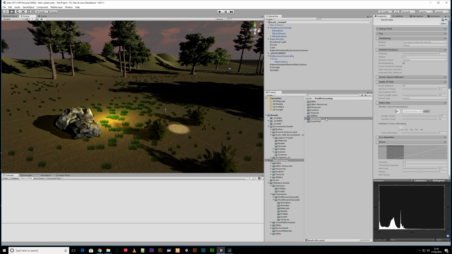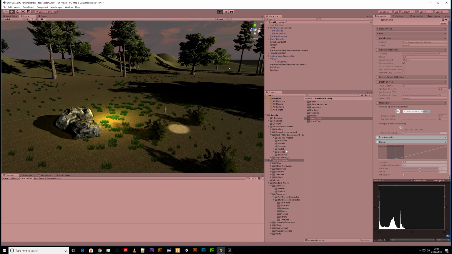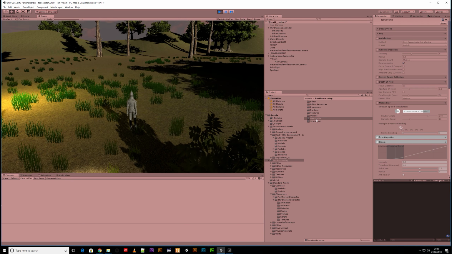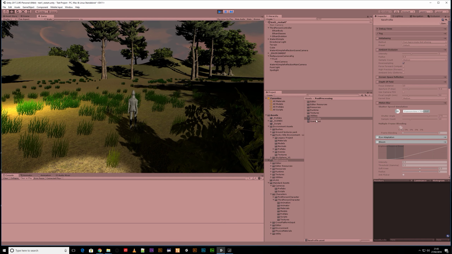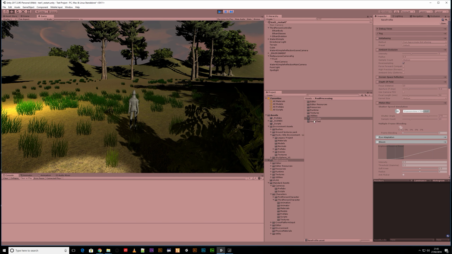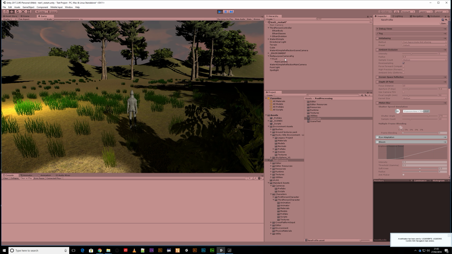I guess one of the good things about scriptable objects is, unlike the game objects, if I go into play mode, it will remember the changes I've made because it's actually being serialized immediately. It's not live in the scene view, as it were. So you're writing to file as you're making your changes. So that's actually kind of useful when you're doing things like